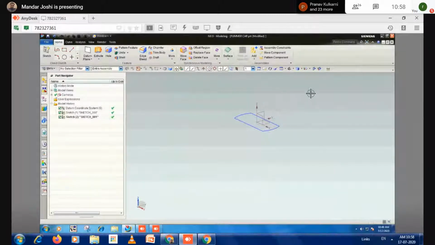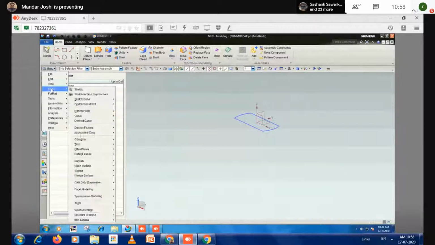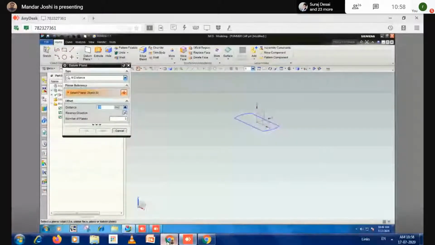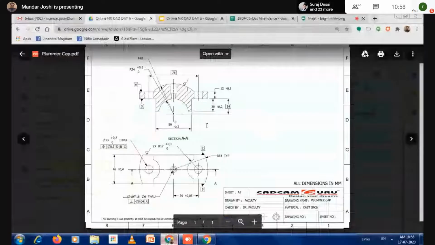So use the plane option using menu, Insert, and the datum point. Select the datum plane option here. From here you can generate an offset plane, normal plane, angular plane. So I'm selecting the datum plane here. I want to generate an offset plane. As per the drawing, the depth of offset is how much? It is 12.